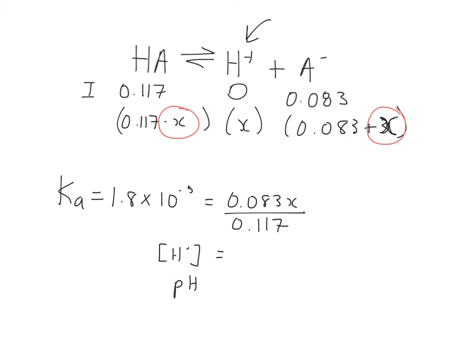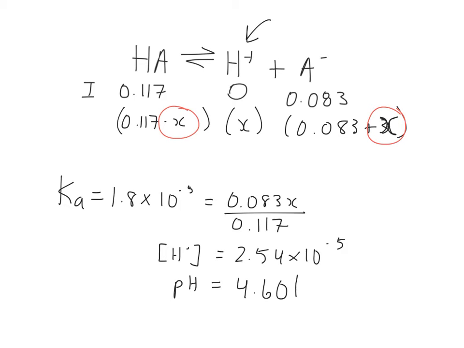So 1.8 times 10 to the power negative 5 times 0.117 divided by 0.083. Proton concentration is 2.54 times 10 to the power negative 5. I still have the number on my calculator though, so I'm going to take the negative log of that number. I get a pH value of